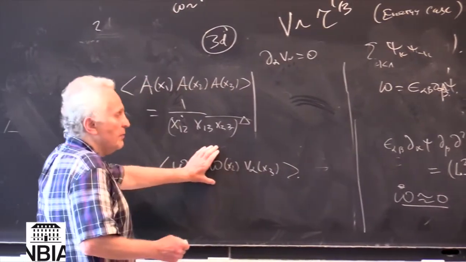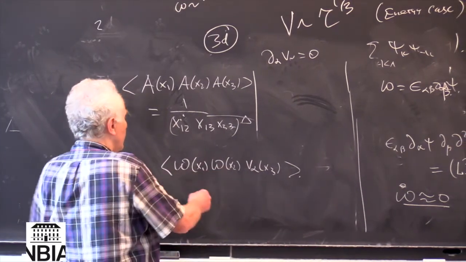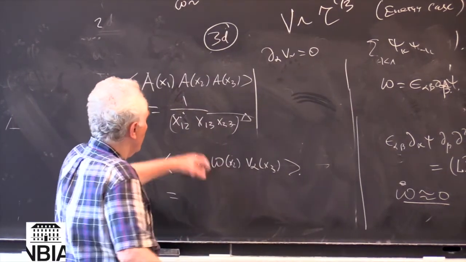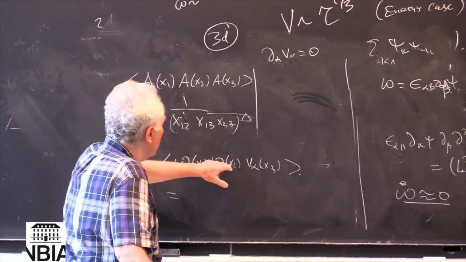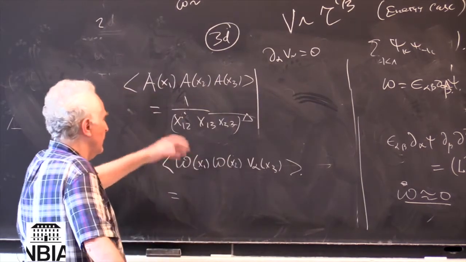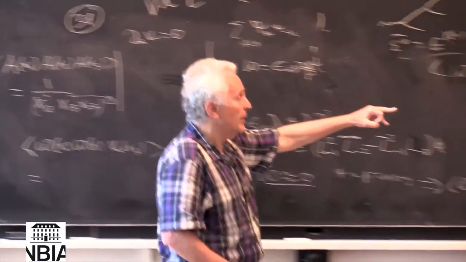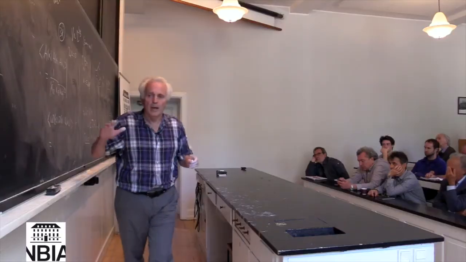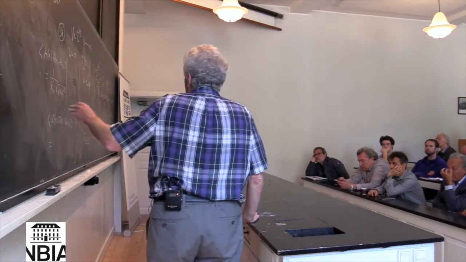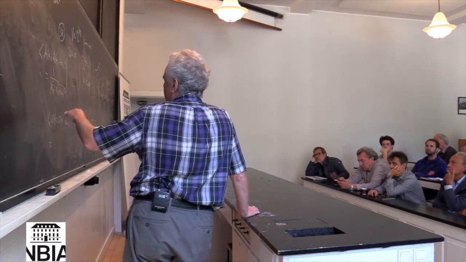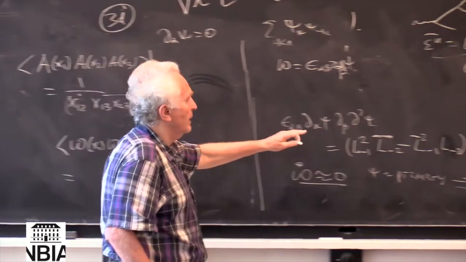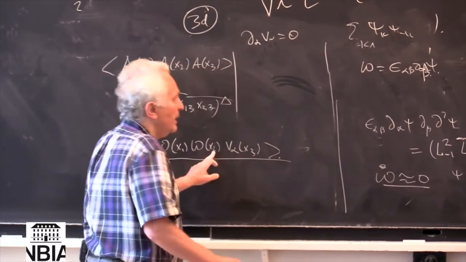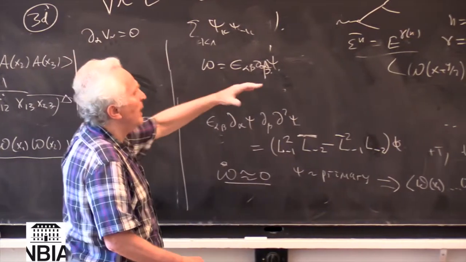So the structure of this function is highly non-trivial. Namely, generally speaking, it should be some transcendental function, some function containing powers of x1, 2, x1, 3, etc., which becomes a polynomial when 2 points coincide. And I actually played around with this function, and it seems to me now that it's impossible to fully satisfy the steady state condition if the dimensionality of this thing is not, if we have only,